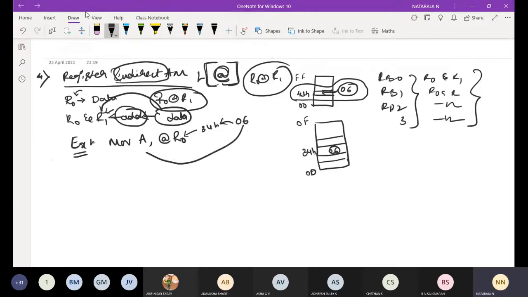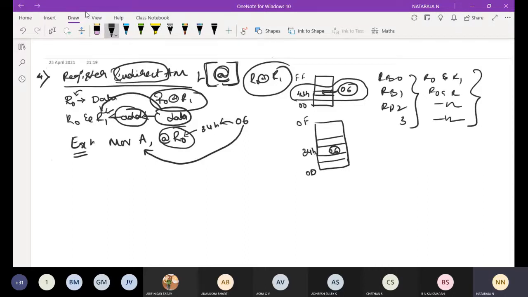This 06 I am going to copy to the accumulator. Am I storing 06 directly or indirectly? Indirectly. I am storing the data 06 into the accumulator by making use of the register. That is why it is register indirect addressing mode.